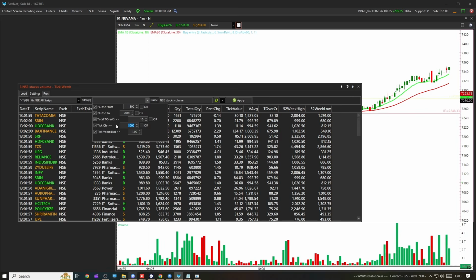I have used some basic parameters. Let's now change it. At least a 50 crore turnover should be there, and I'll change 1000 by multiplying it 10 times, that is 10,000, and that 10,000 quantity should have at least 1 crore 100 lakhs. Okay, this is all the basic need of my stock volume finding.